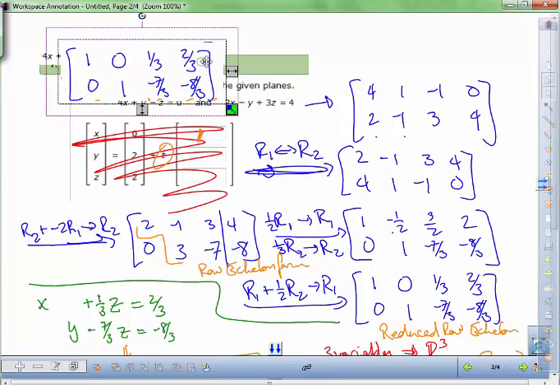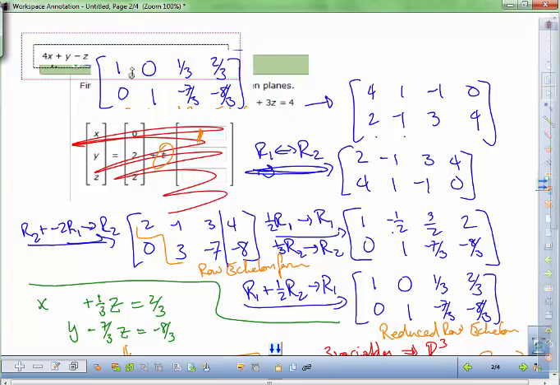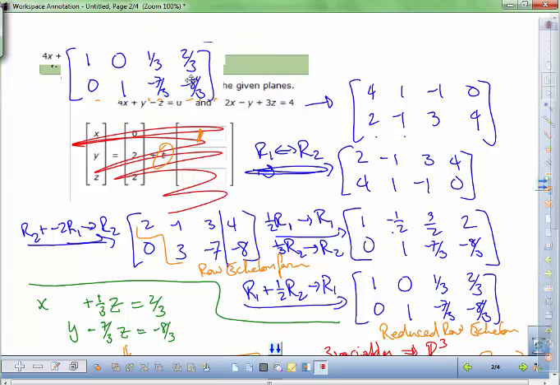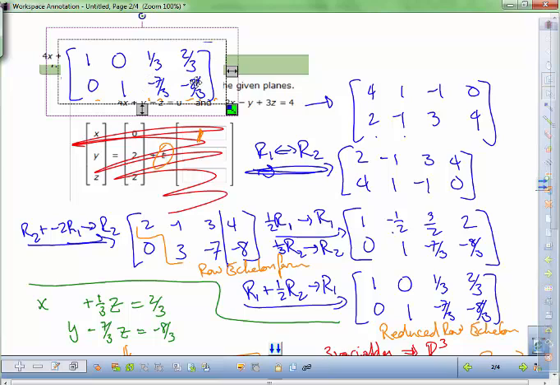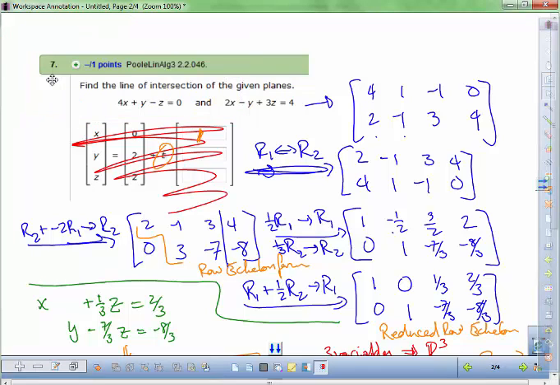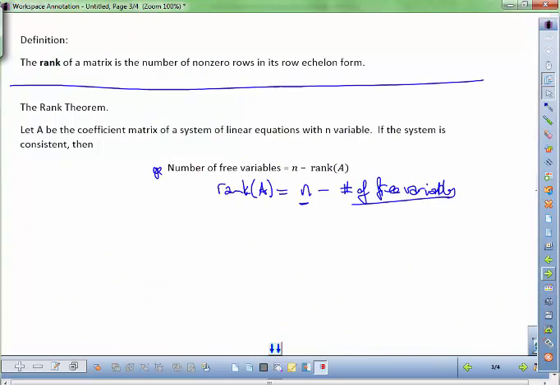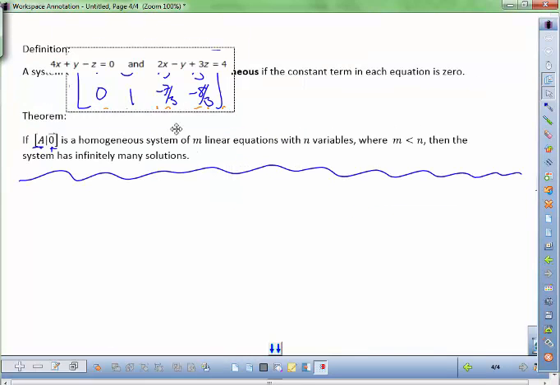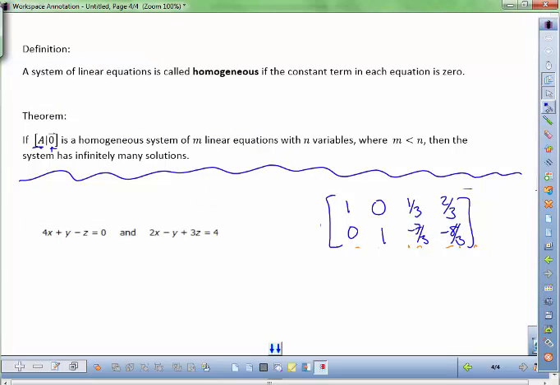Oh, but this is not homogeneous. Ugh. Yeah, let's do that. Thanks. Oops, I can't erase. Anyways,